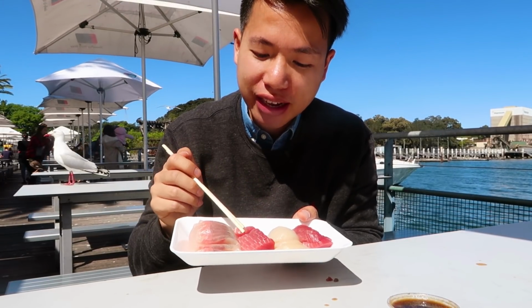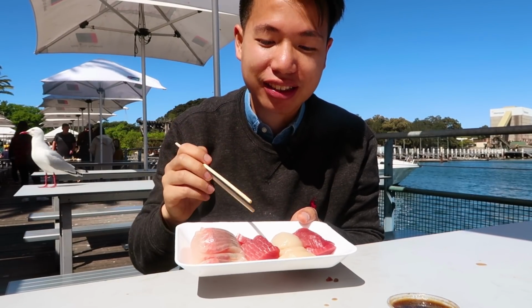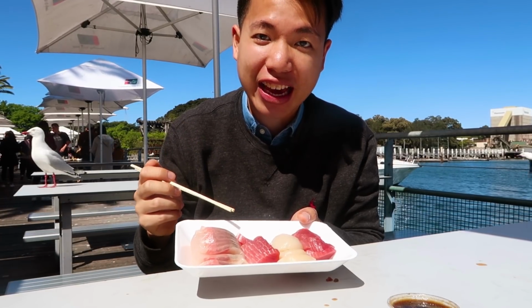I just really like the texture of this tuna sashimi. It wouldn't be too chewy, and they also pick some of the parts of the tuna that have quite some fat, so it's actually more tender than the usual tuna sashimi that you would get. No wonder people keep coming here, because